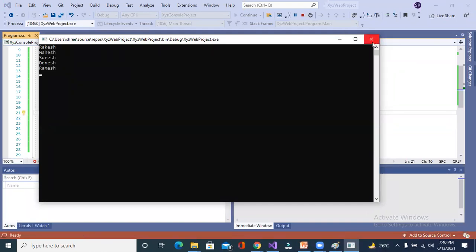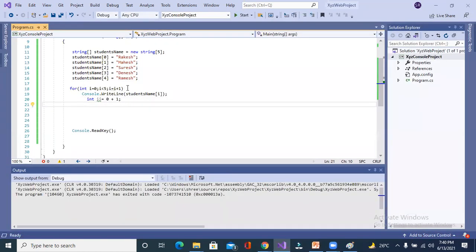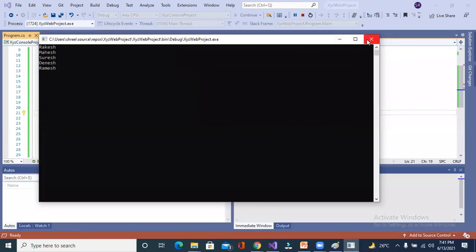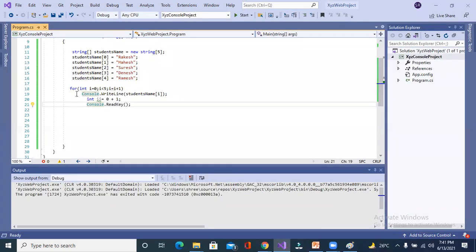So either you use the bracket or not, it will give you the same result. For example, I am going to put this one here, and compile and run this application again. The result is the same. The compiler will automatically consider it within the bracket,